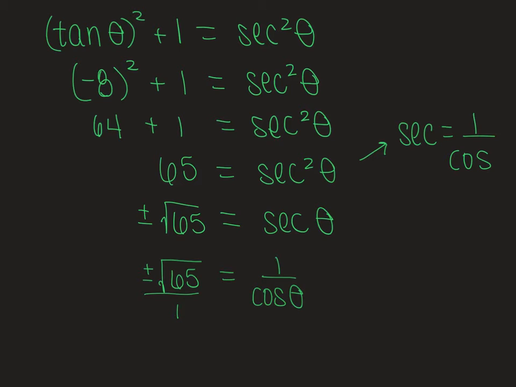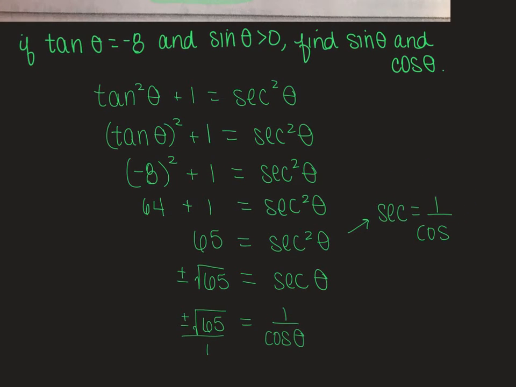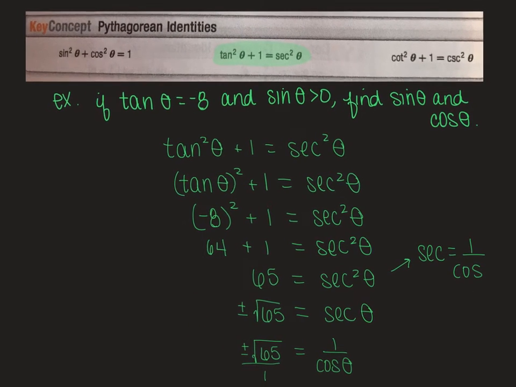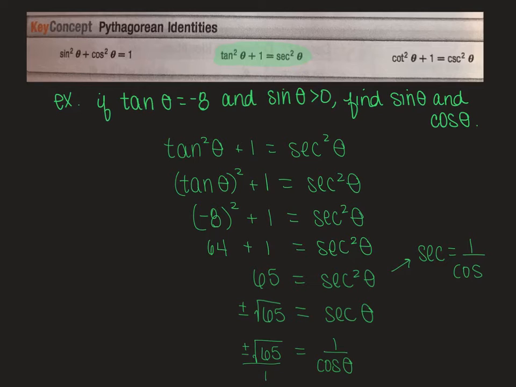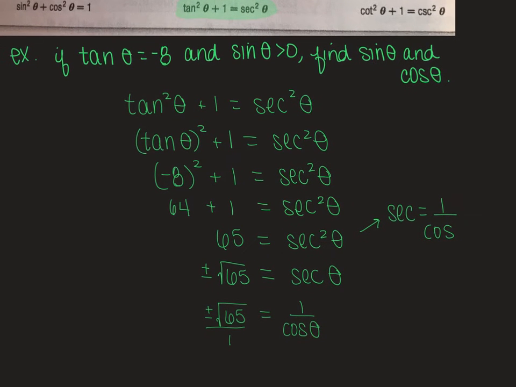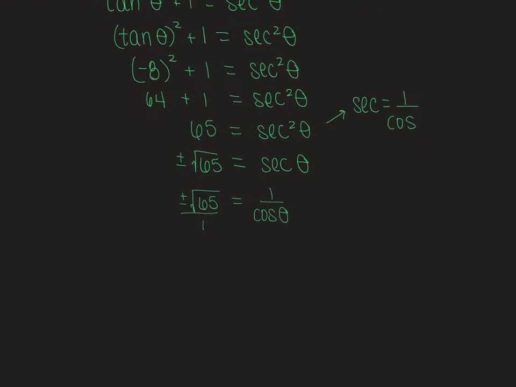So what we have here, they said that tangent was -8, that the sine was positive, and we needed to find our sine and cosine values. This one came from our Pythagorean identities. On here, we know that tangent squared of theta plus 1 equals secant squared theta. So if we can rewrite it, then we can solve it through. You have down here that the secant, as you get it by itself, you square root, and we get that positive and negative option for our cosine. So what we would do from here,